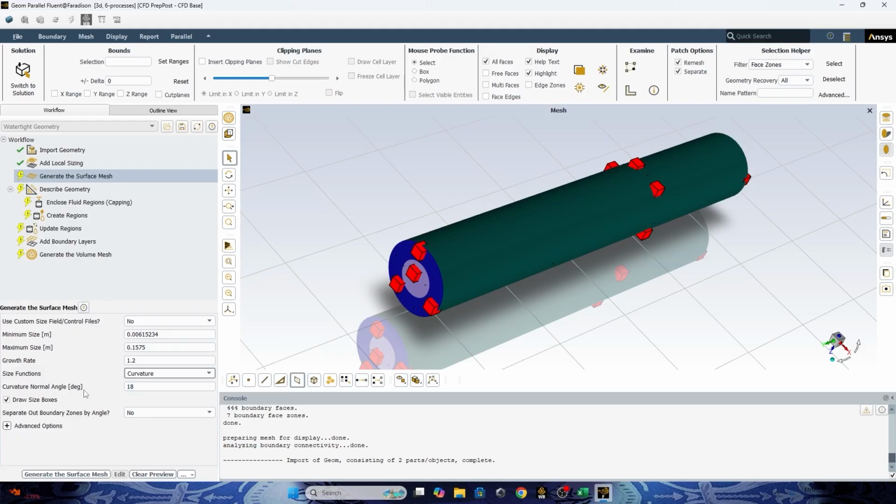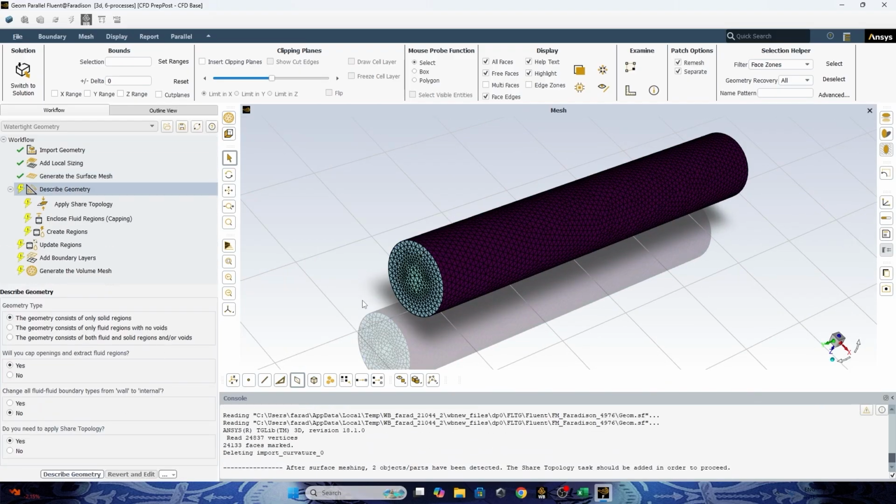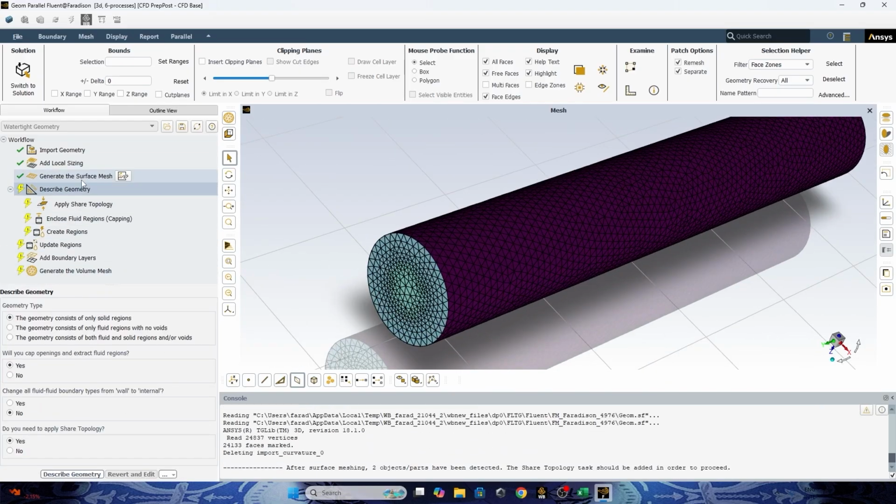To control it I will go with 10 for more precise meshing. Okay, and then generate the surface mesh. There you go.